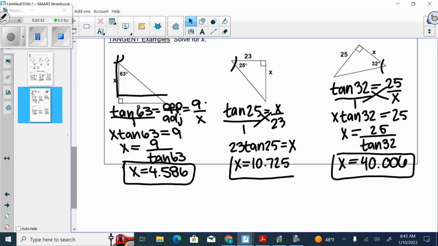So they are not always going to tell you which ratio you have to use. But if they only give you adjacent and hypotenuse, what do you have to use? They only give you adjacent and hypotenuse. What are you going to have to use? Cosine, right? If they only give you opposite and adjacent, what are you going to have to use? Tangent, right? If they only give you opposite and hypotenuse, you have to use